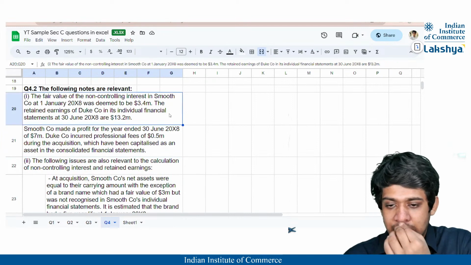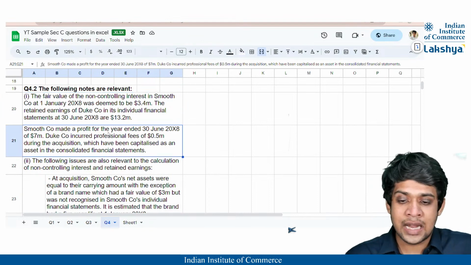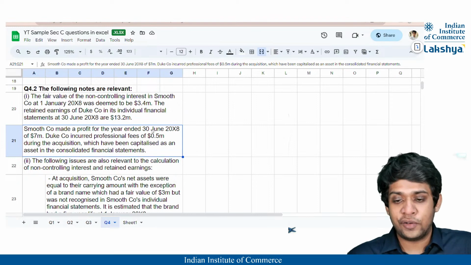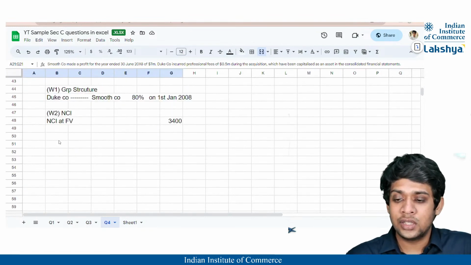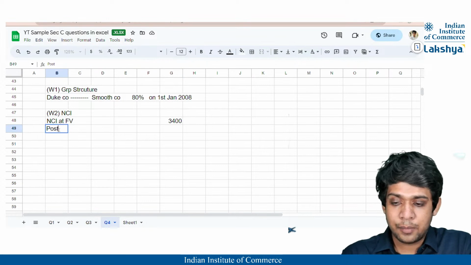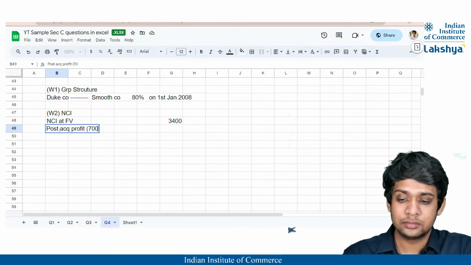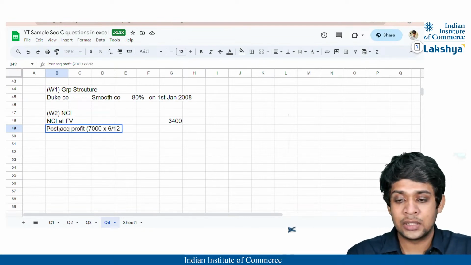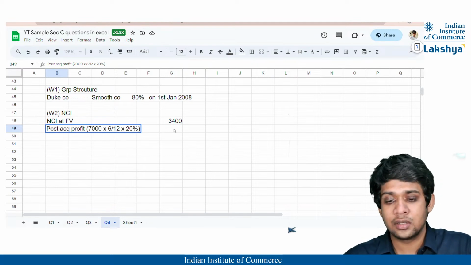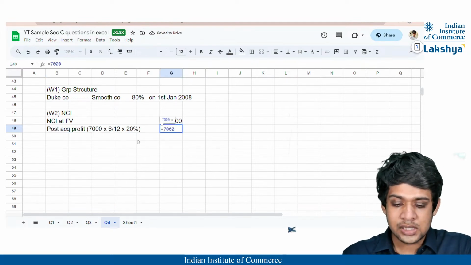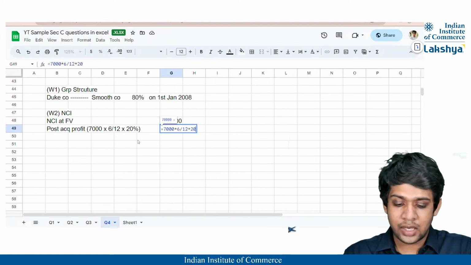Smooth Company, okay, the retained earnings of Duke Company in its financial statements at 30th June was 13.2 million. ये तो retained earnings के कैलकुलेशन में आएगा। Smooth Company made a profit for the year 30th June 2008 of $7 million. मतलब प्रॉफिट जो बनाया फॉर द ईयर 30th June 2008, पोस्ट एक्विजिशन प्रॉफिट कितना होएगा, तो पूरे साल का प्रॉफिट बनाया 7,000, राइट। लेकिन हम लोग ने तो 6 महीने के लिए एक्वायर किया था, तो 6 मंथ्स का ही हमें मिलेगा। एंड एनसीआई में कितना जाएगा पोस्ट एक्विजिशन प्रॉफिट, 20%, करेक्ट। तो इसका वैल्यू कितना हो गया, 7,000 इंटू 6 डिवाइड बाई 12 इंटू 20%,